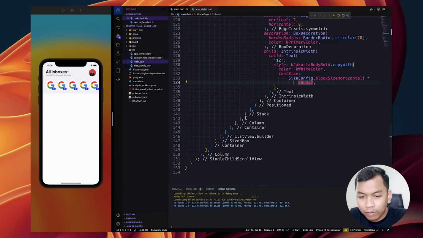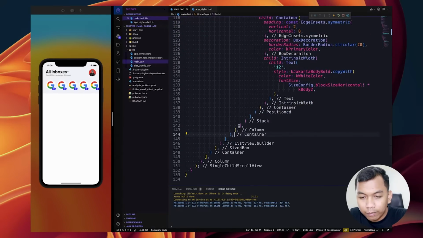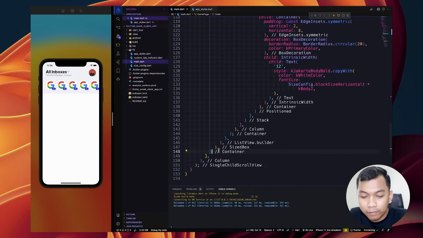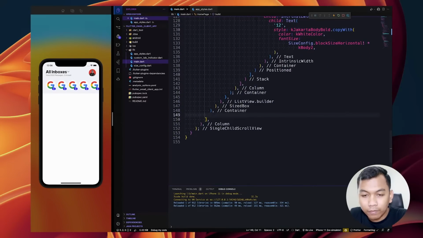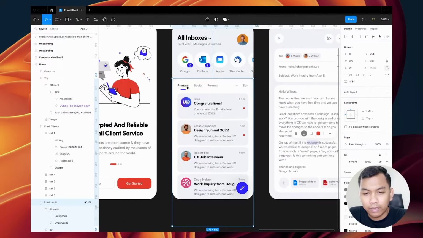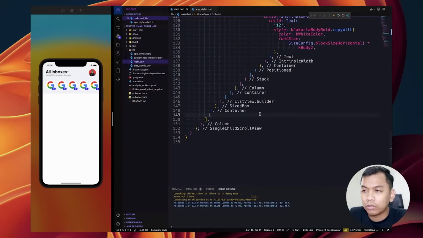And what we need to do here, below the container, we need to add the list of emails.